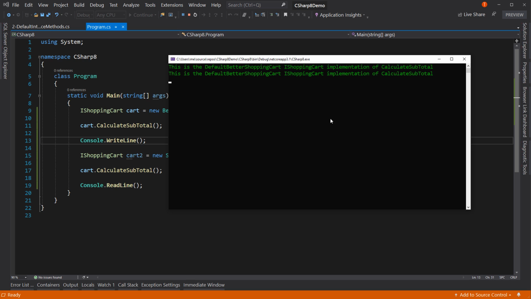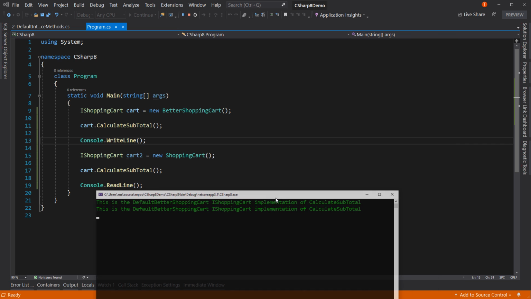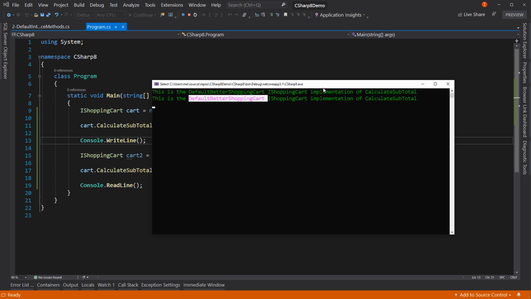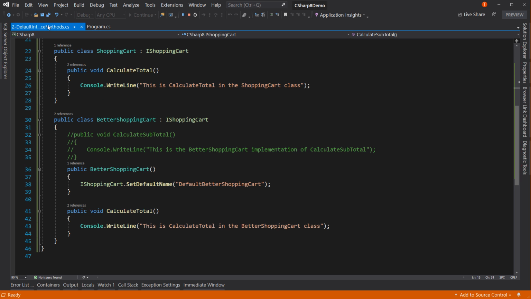But anyways, both of them say this is the default better shopping cart, IShoppingCart implementation of calculate subtotal. Now, wait a minute. The second one is a shopping cart, not a better shopping cart. So why is it getting access to the better shopping cart's value here? The reason is because it's static. And static means it lives across your entire application, not just a single instance of it. Well, that's a little bit of a problem because depending on the order of this, if I were to change